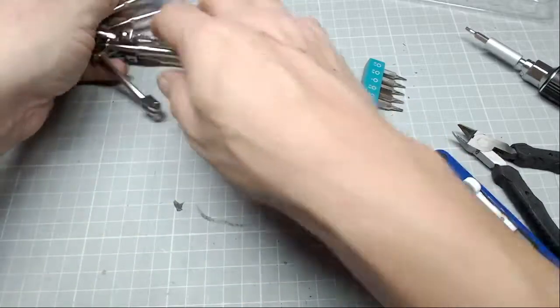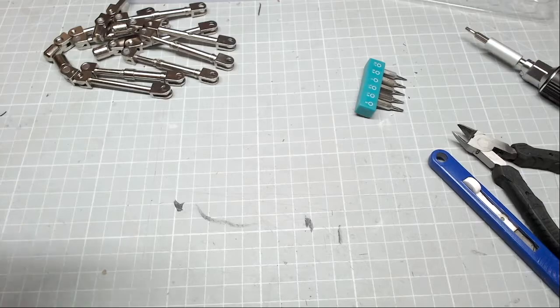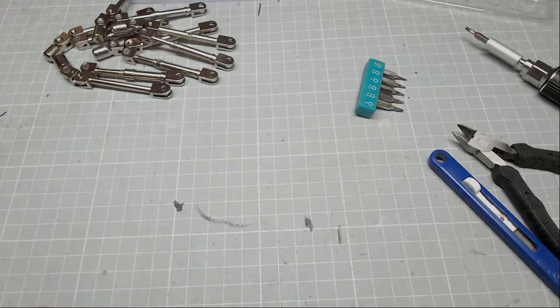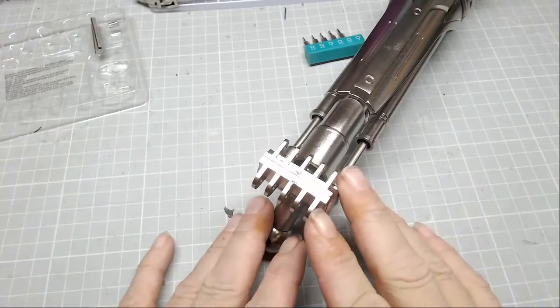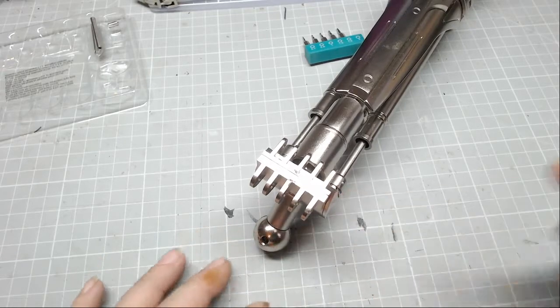Anyway, so for the next stage, we do actually need the model, so I just need to take a little break just so that I can bring the model onto the table. I'll see you shortly. Okay, so I have my whole Terminator sitting on the table, ready to receive foot surgery,